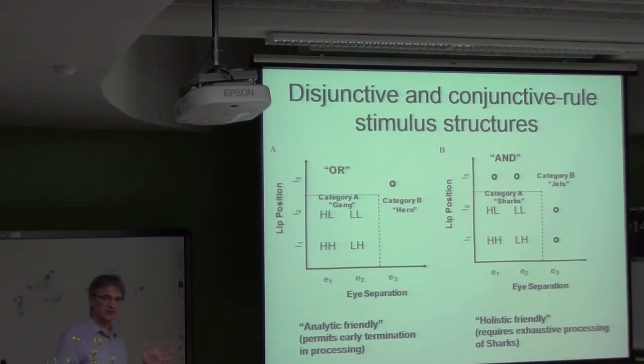All right, so I showed you these disjunctive and conjunctive stimulus rule categories. They probably give rise to analytic processes or holistic processes. We don't know what kind of processes we're actually going to see there. So